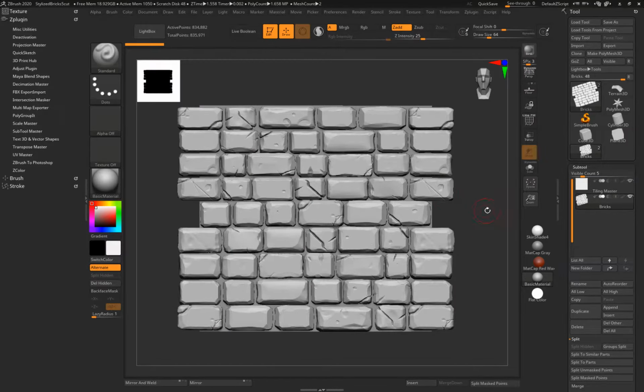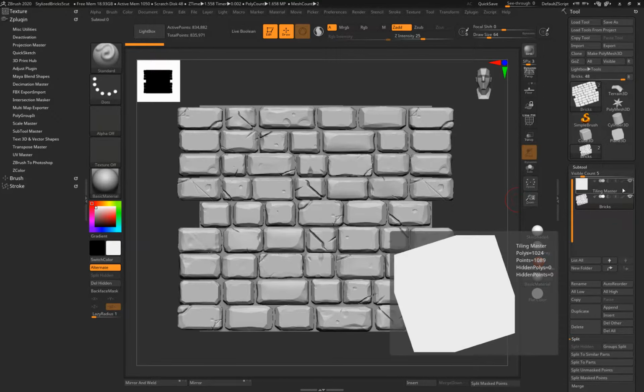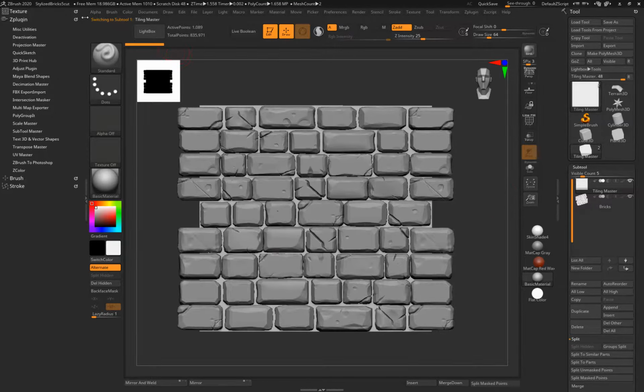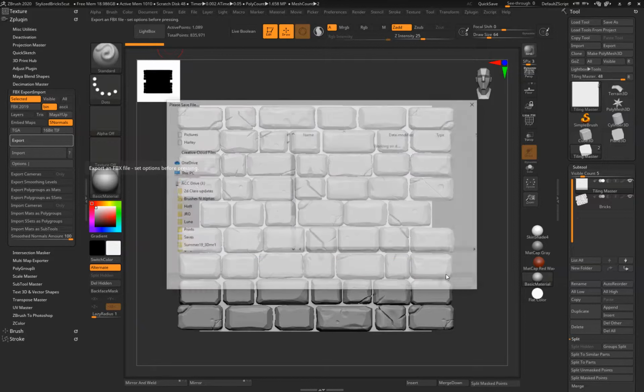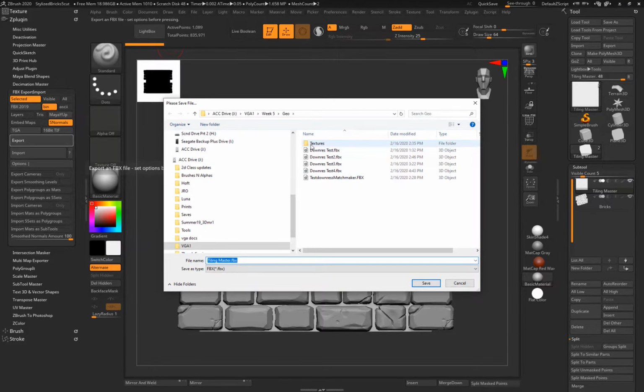All right, so if we're going to do it in Max, it'd pretty much be the same methodology. It's just a different tool, obviously. So I would take this low res out of here. I'm going to say File, Export, and make sure I don't need any of these options right now. Export. I'm going to go ahead and call this